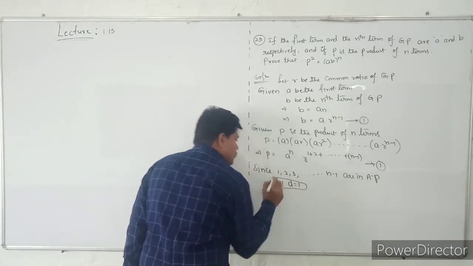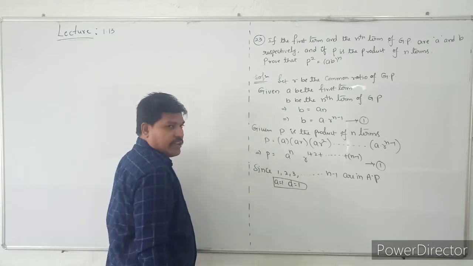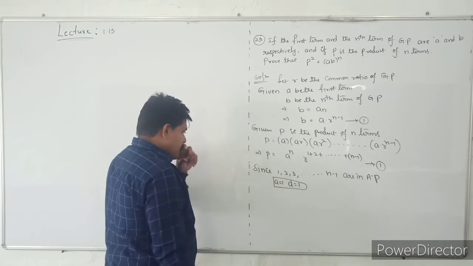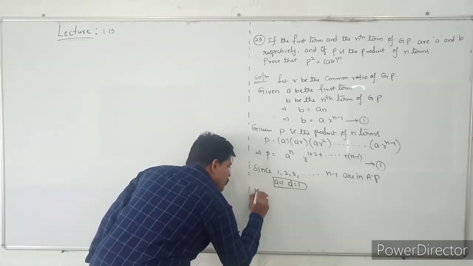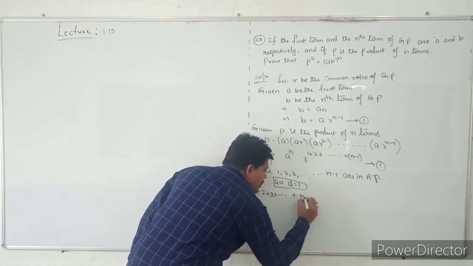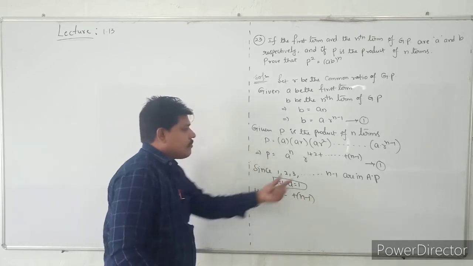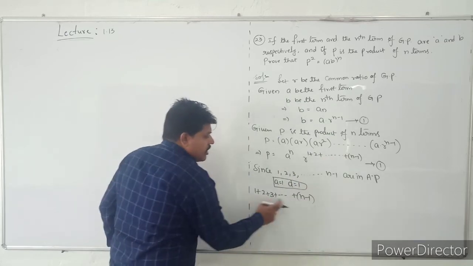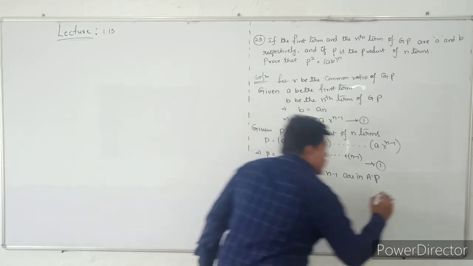So you have to understand this one. Don't confuse it with the earlier a value, because a value is 1 in this sequence. So what is the sum here? 1 plus 2 plus 3 and so on up to n minus 1. I have to calculate the sum of these terms, so that's why I am taking the sum here. How many terms are here? n minus 1.